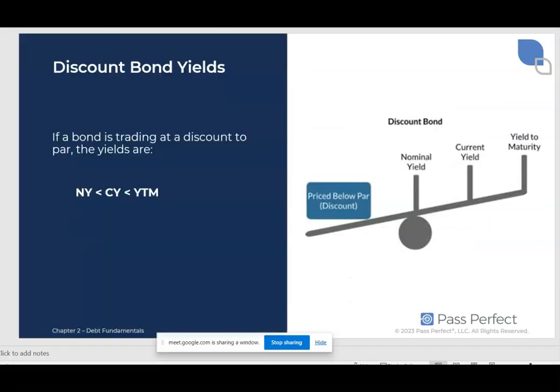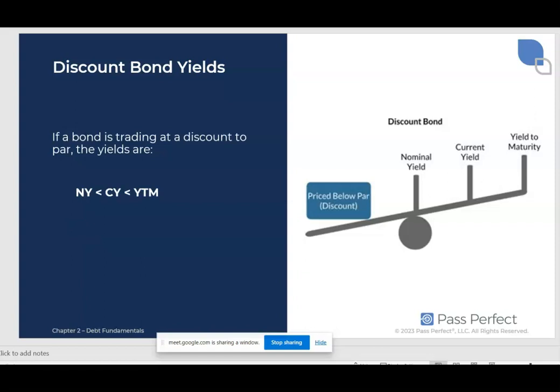Now the best way to visualize this, as you've probably seen before, is the seesaw diagram. Draw this on your scratch paper or the marker board that they give you, so you'll have this visual reference in front of you. In the case when the bond is trading at a discount, the price is on the left side and the yield is on the right side. But when the price goes down,